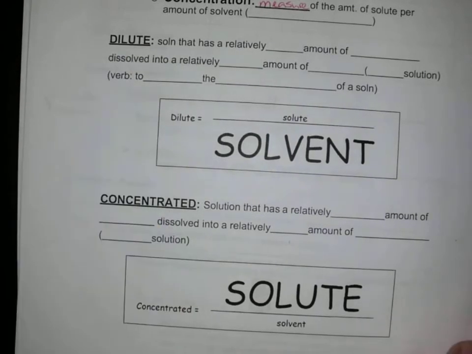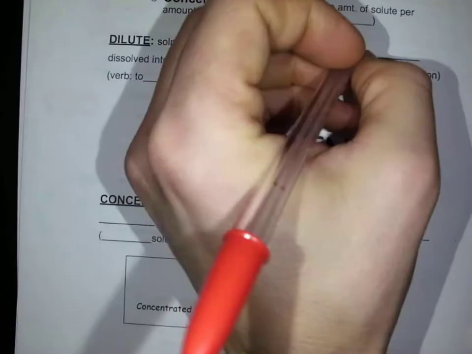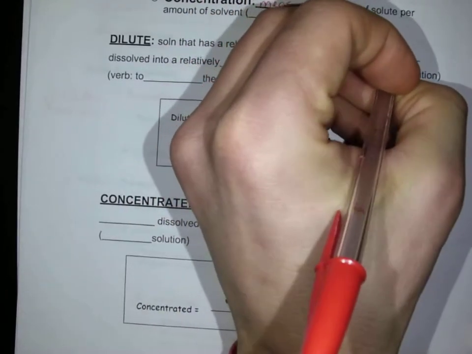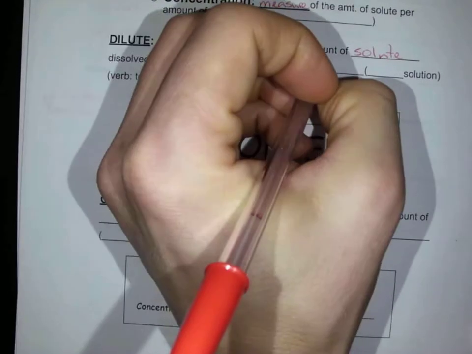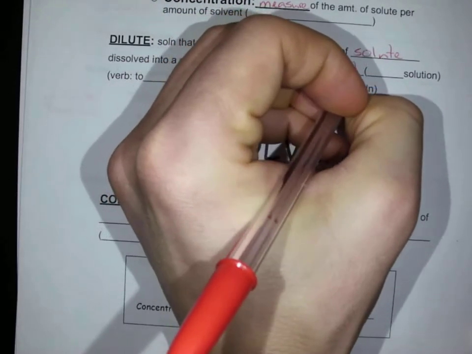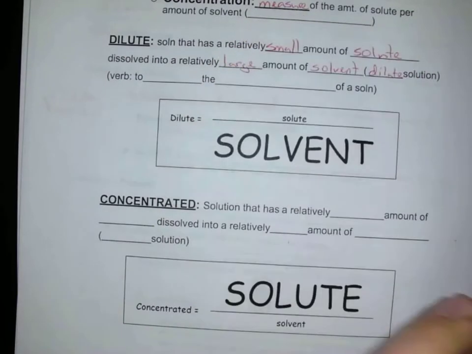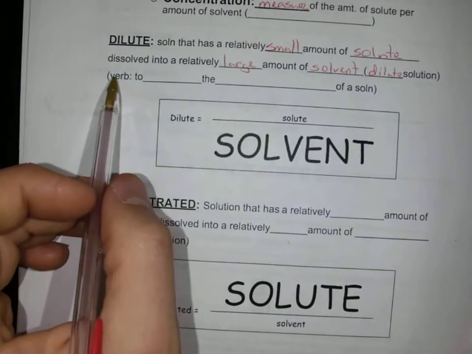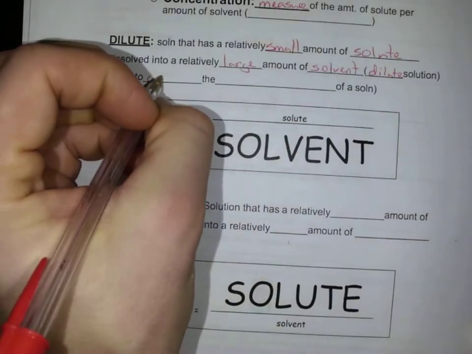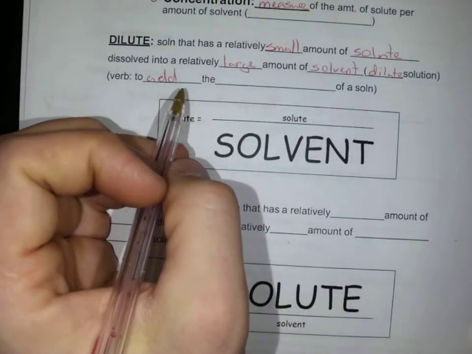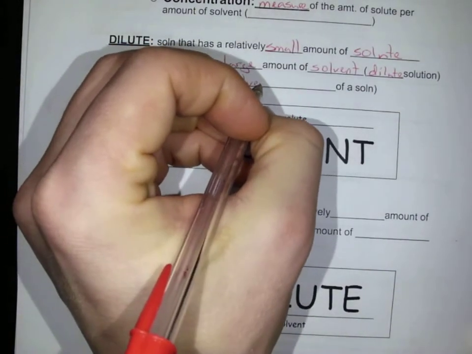A dilute solution has a relatively small amount of solute dissolved into a relatively large amount of solvent. So this is when we would call it a dilute solution. If we use it as a verb, when we dilute something, that means to add or increase the solvent amount